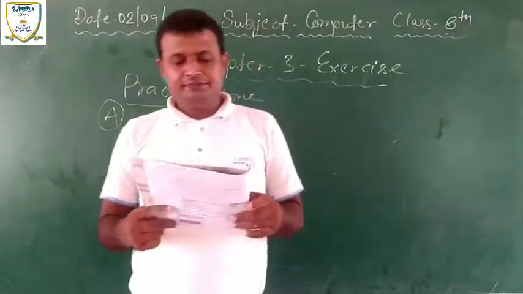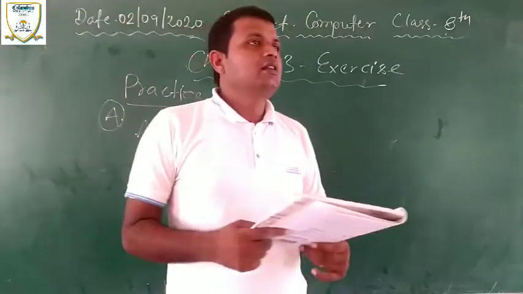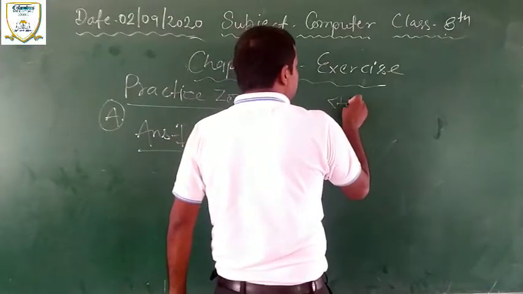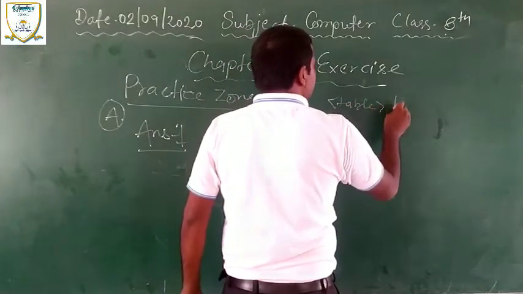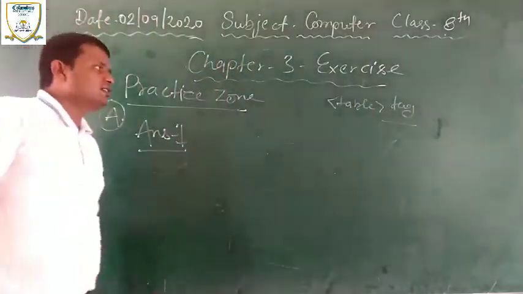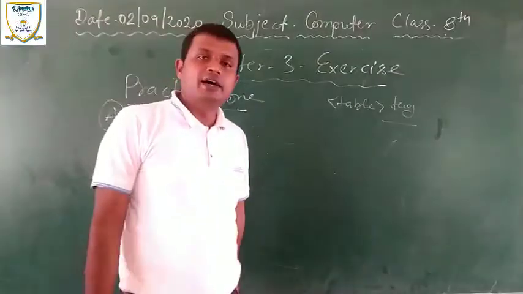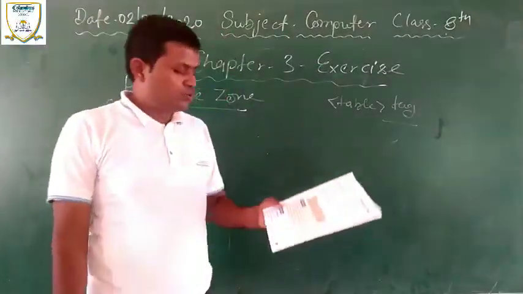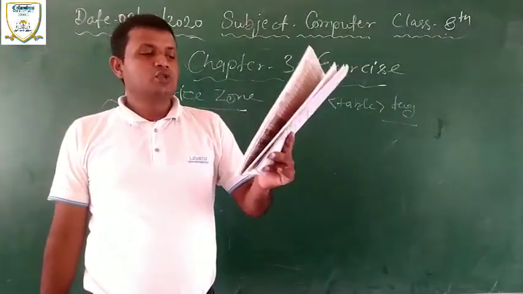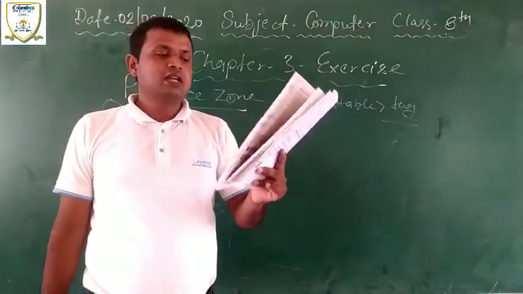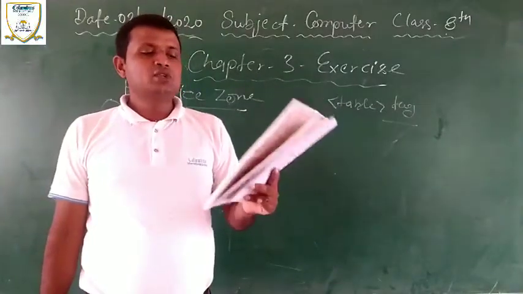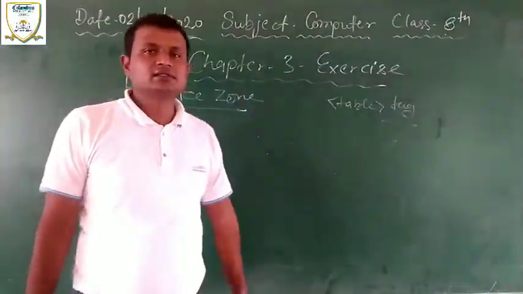You know very well, if we want to create a table, then we have to use the table tag. By using it, we create the table in our HTML document. The question is, how can you create tables in HTML? So you have to write the answer: Tables are created by using the table tag.